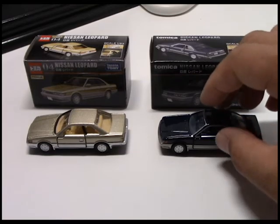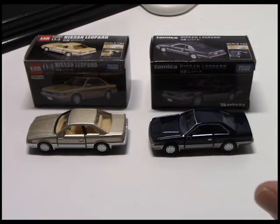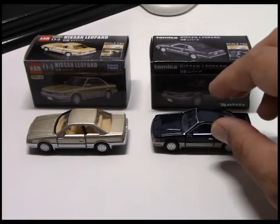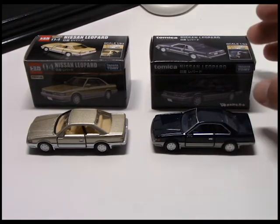And there's a couple more that just came out, which I will get when I go to Japan. And it's the Grand Selection XS models. Anyways,